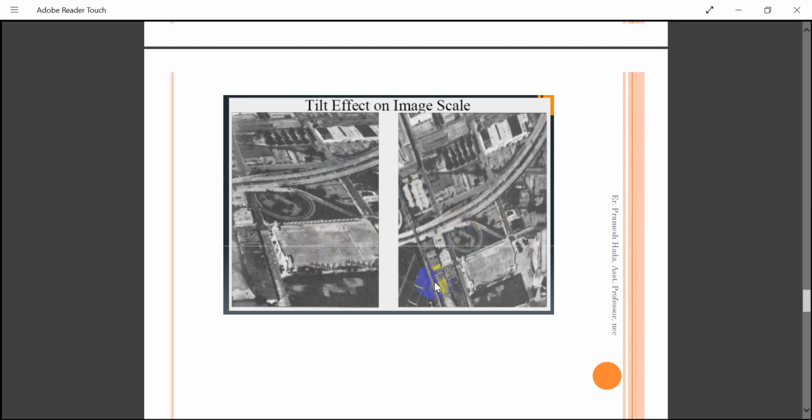If you take the fiducial marks at these locations, you can't match them. You have to find the exact coordinates based on the rectangle, with the new scale, since something is happening. If tilt is happening, the problem is quite big. But in reality, every photo is a tilted image. Every photograph has a certain tilt, 1 degree or 2 degrees. There is no perfectly vertical photograph in reality.